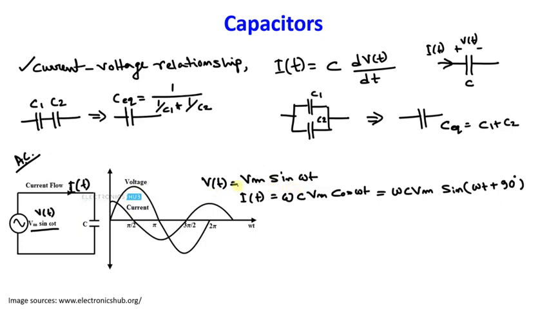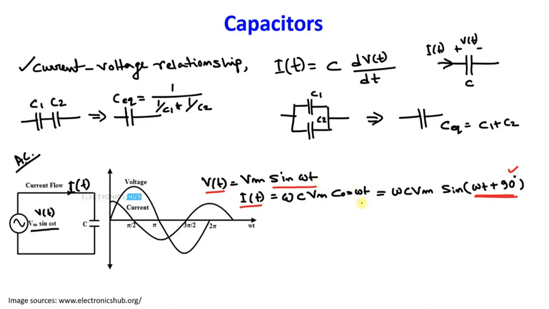So please notice one thing here. For V of t, it is sine of omega t, whereas for I of t, it is sine of omega t plus 90 degree. So there is an additional plus 90 degree term for the expression of I of t. So that definitely indicates across this capacitor,